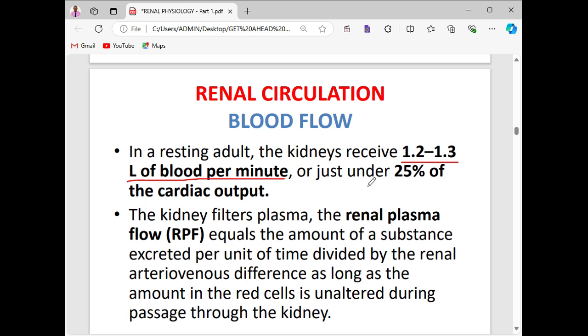Or we can just say under 25% of the cardiac output. And then you need to understand that